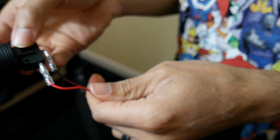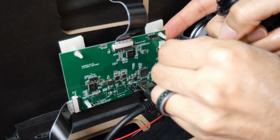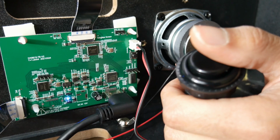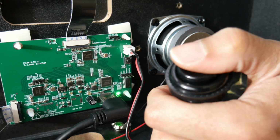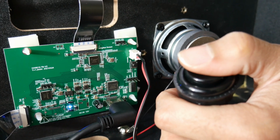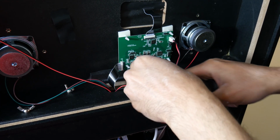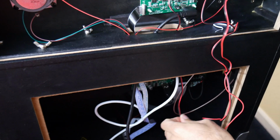And here we're connecting the 2-pin JST cable to the board in this connection here. Now you can see it's switching from the blue light to the green light, so we're switching from the AtGames to whatever we're going to have connected to the HDMI, which in our case will be our PC running various pinball